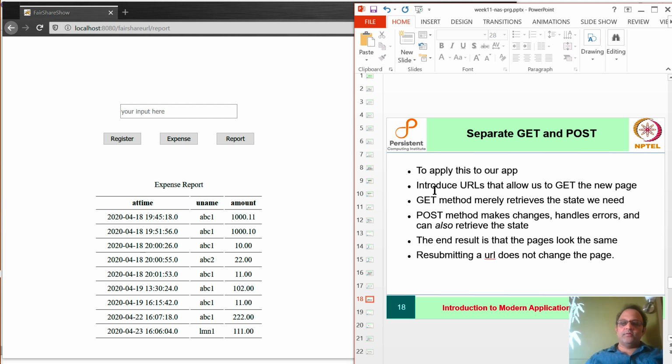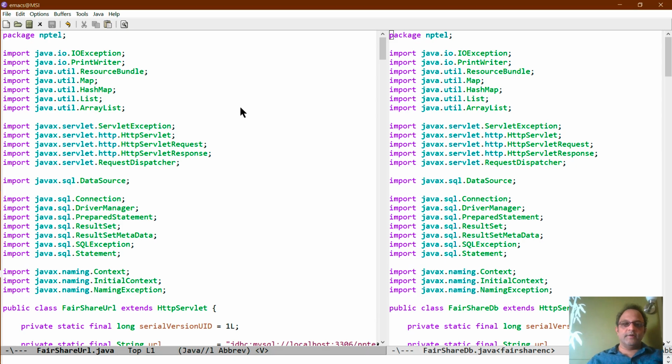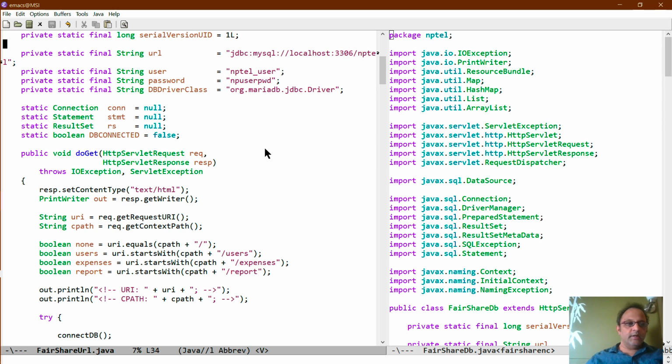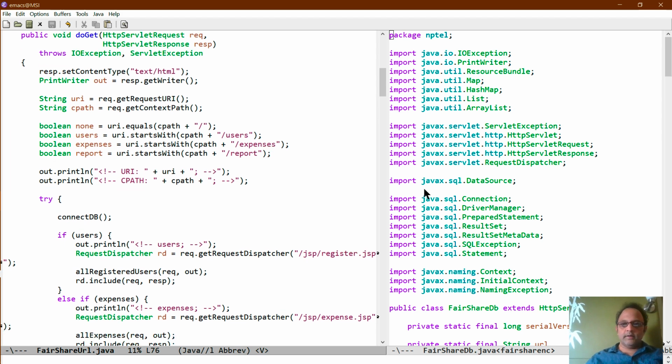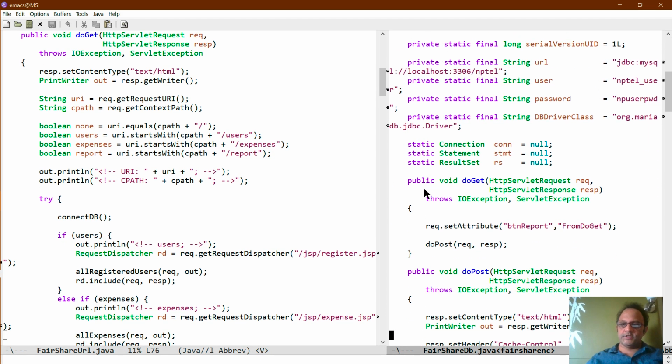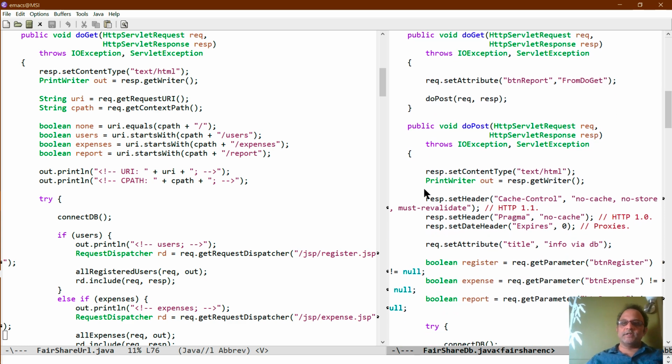To implement it, what you have to do is this: you have to have URLs like report, users, etc., which generate the same page by getting the same data, but they don't take any input which they are going to apply to the database. And the difference in the code looks like this. Here we have the get method of fair share URL. And if we compare it with the get method of fair share DB, the get method of fair share DB pretty much does nothing. It sets this thing which happens to be unused currently, and then simply calls the post